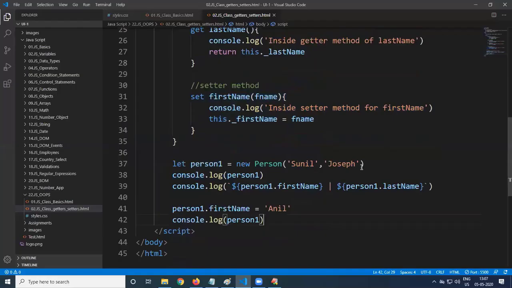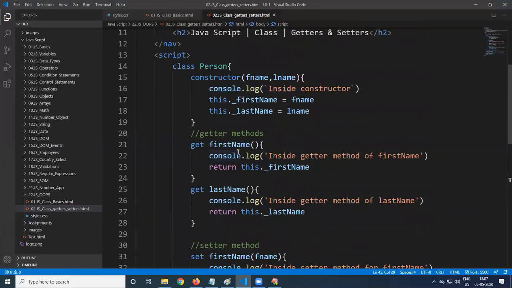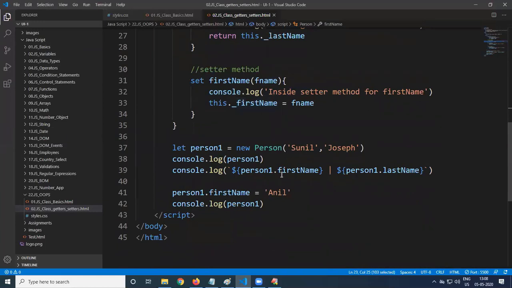So this is basically getter and setter methods. Whenever you are writing the getter and setter method, make sure the method name and the actual property name are not the same. It should be different. The actual property is like this, and the getter method is executed whenever that object refers to that property.